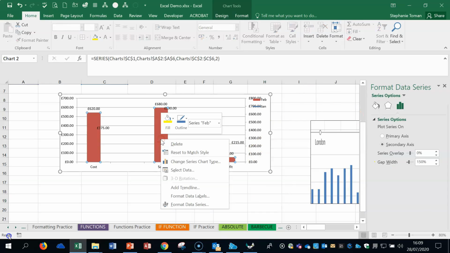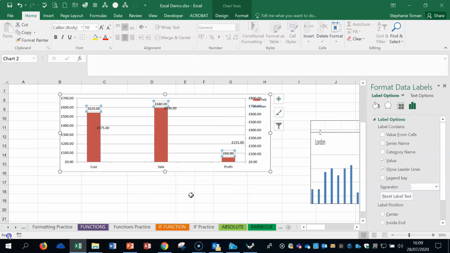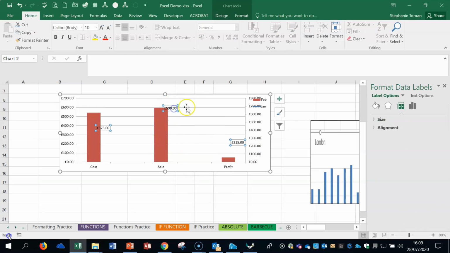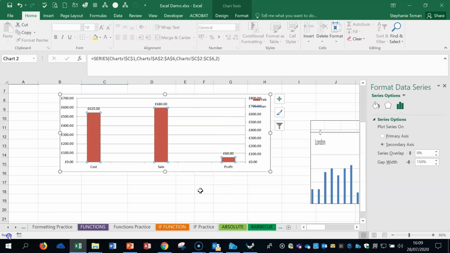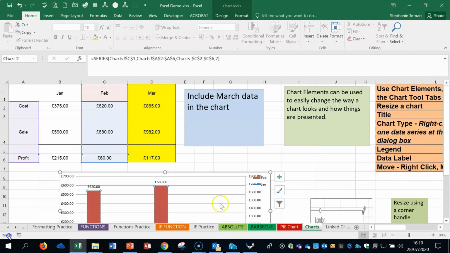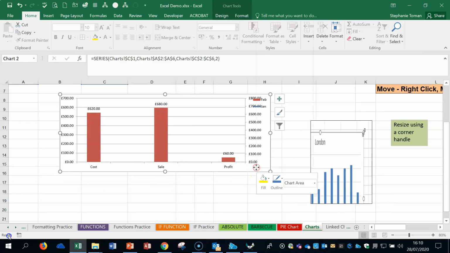Data labels we did earlier, so right click, add data labels, put them outside end. If I just click on them and delete again, right click, try it again, add data labels, and there they are. Let's close that. Moving a chart, so if you're going to move this somewhere, you need to right click in